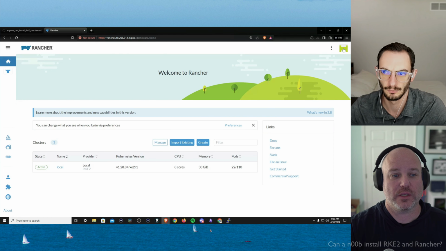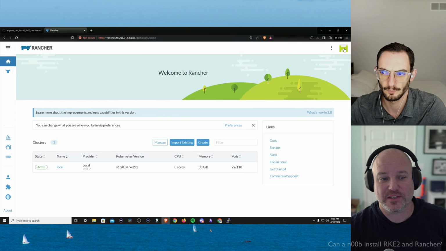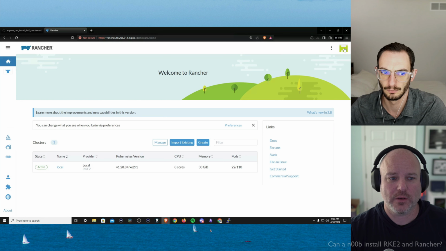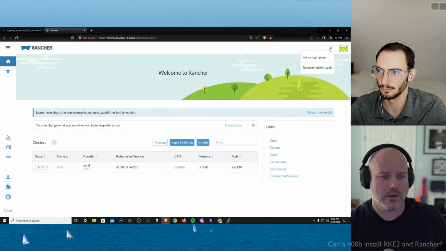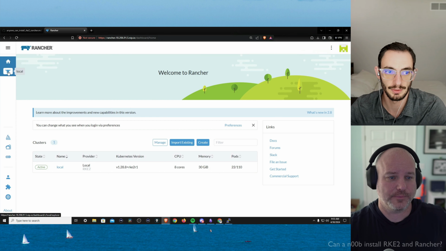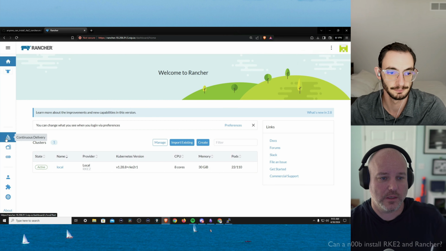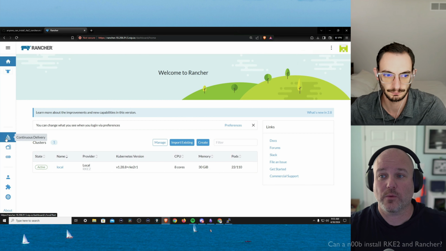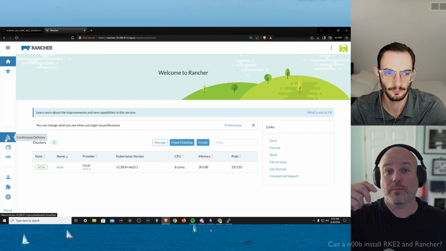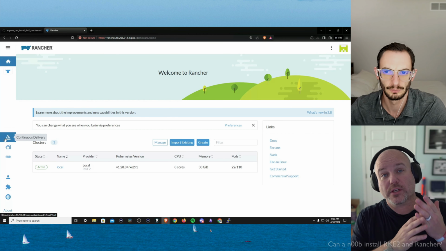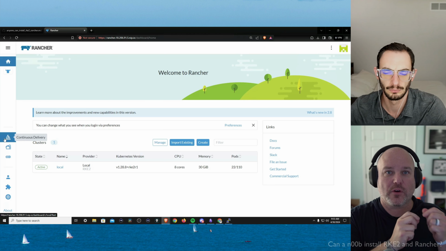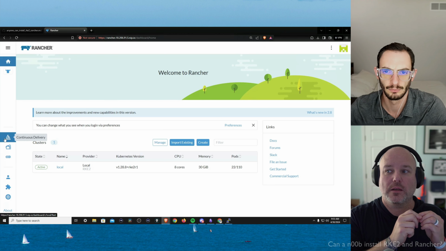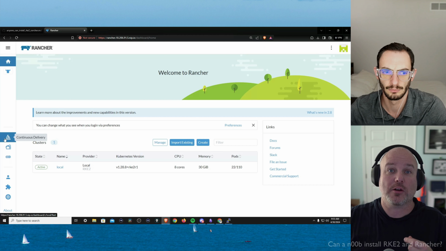So notice you've got the sailboat icon. You can mouse over it. It should show you what it is. On the left, sorry, on the far left. Oh, apologies. Got it. No worries. So continuous delivery. That's a way where we can tell Rancher, hey, here's a Git repo, a source of truth, version control. And in there, if our files are designed right, it'll give the instructions to Rancher to automatically deploy.